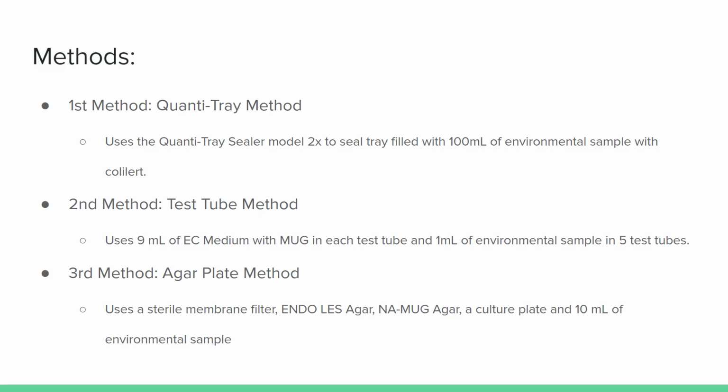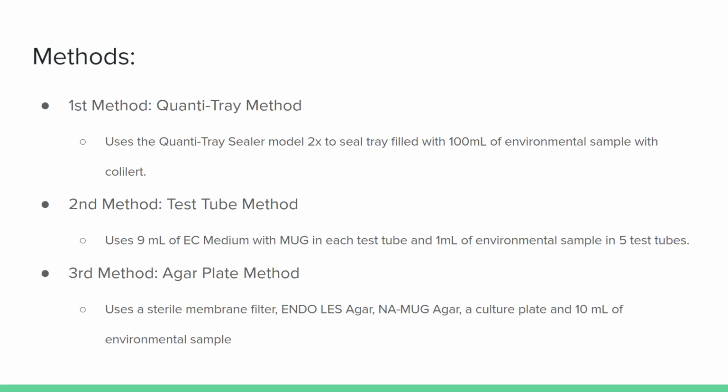The first method used to test for E. coli is the Quanti-Tray method. This method, which is new at Grace College, uses a machine called the Quanti-Tray Sealer 2X. The Quanti-Tray Sealer 2X seals trays in less than a minute. The trays that are sealed by